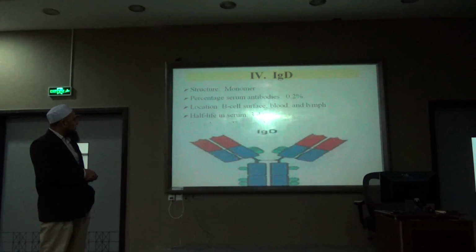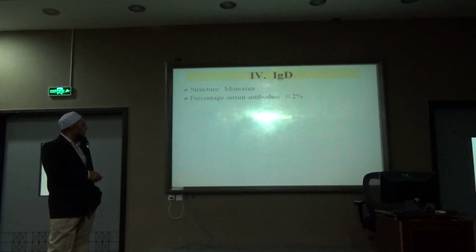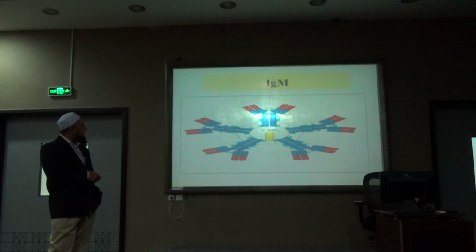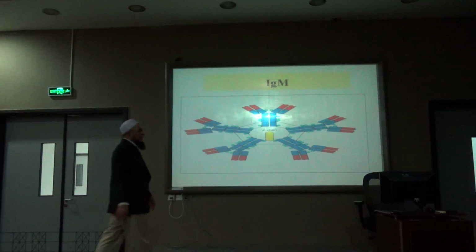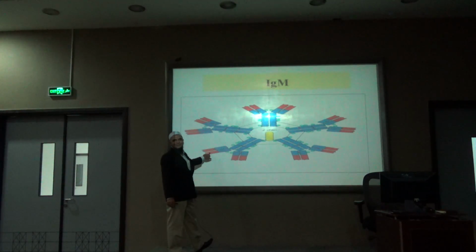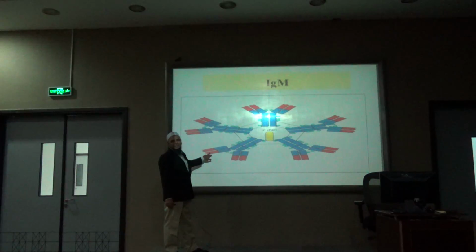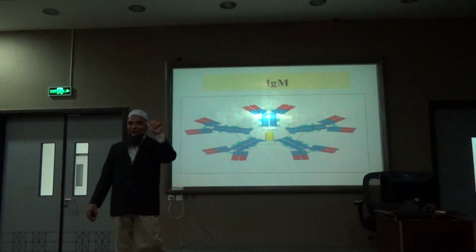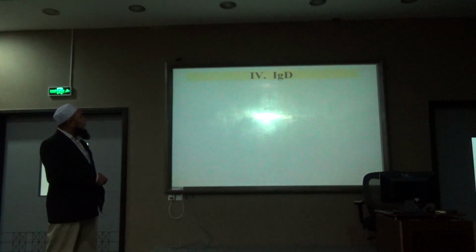IgD is monomeric like IgG. One more thing, if you go here, I will show you something. In IgM, although it's pentameric, the heavy chain has 4 constant regions and 1 variable region. The rest of the others have 4 regions, 3 constant and 1 variable. So that's why, because it's heavy,